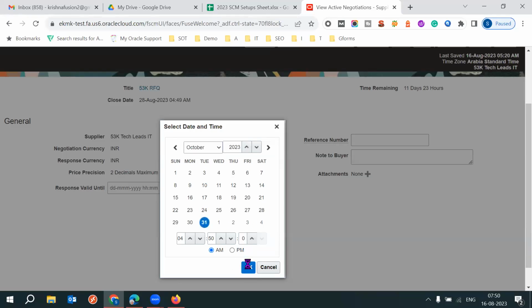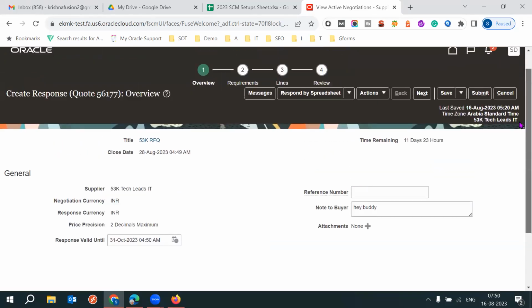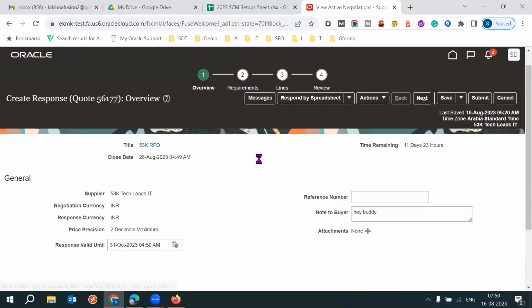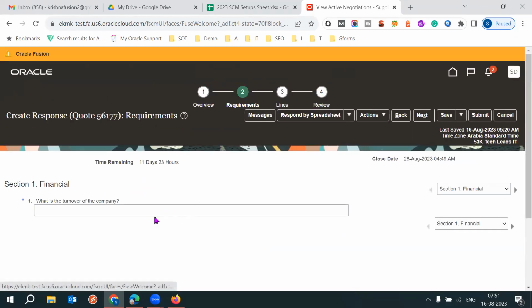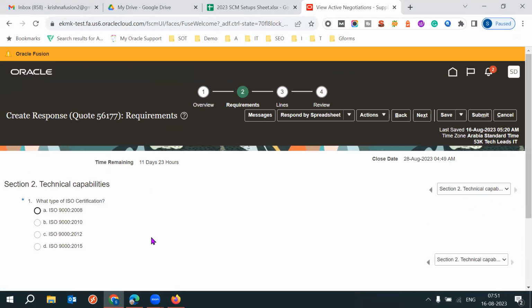The response which I'm providing is valid till October. And any note to buyer. In the requirements section, I'm able to see the questions that have been asked. In the next section, I'm selecting the last option, technical capabilities. And if I go to the next tab, the lines tab,